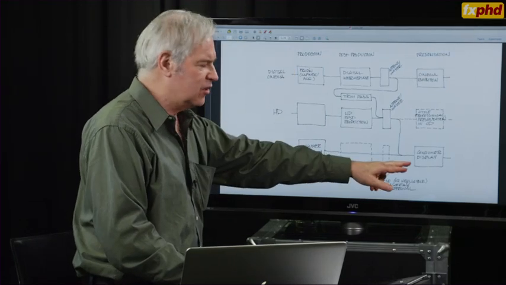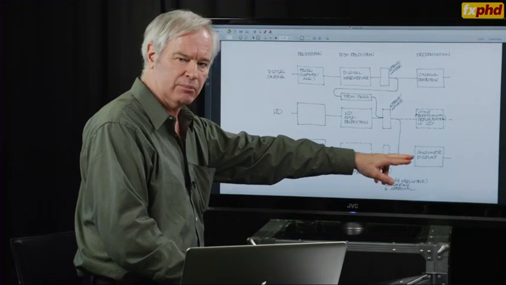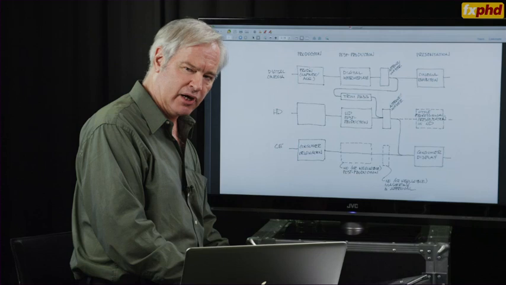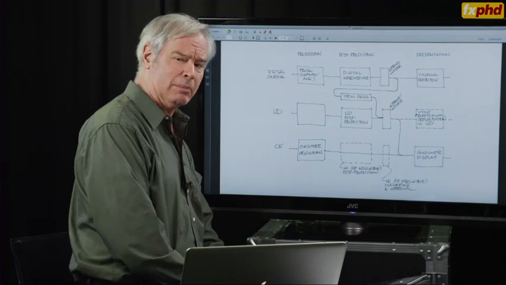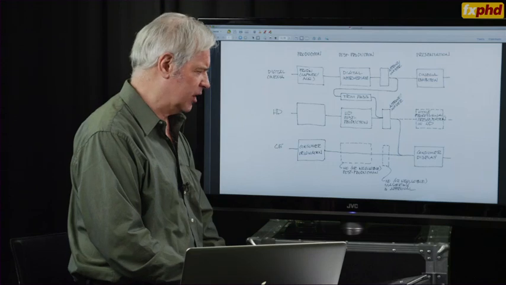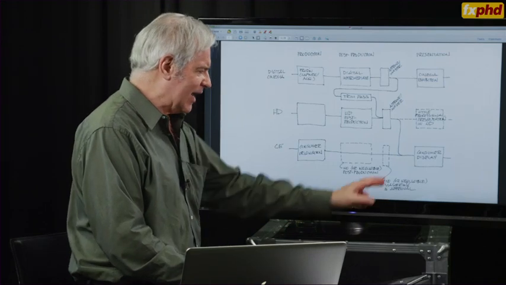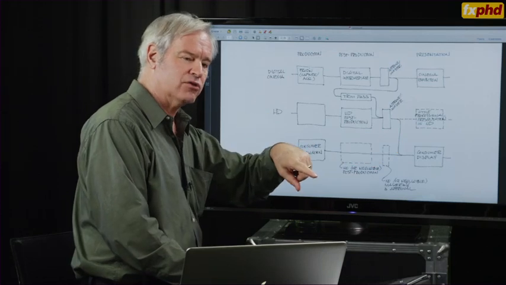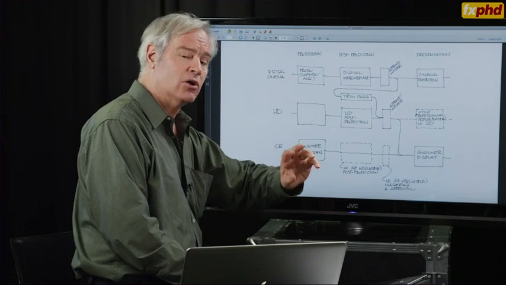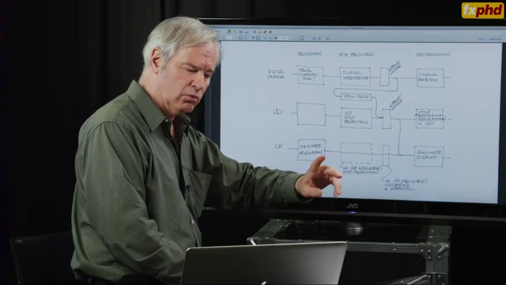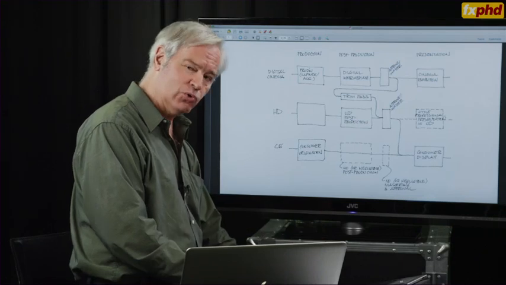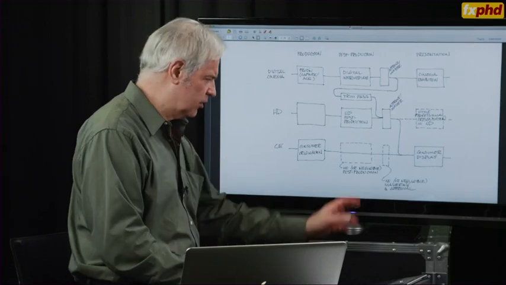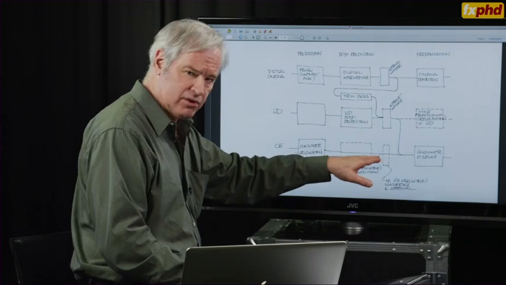But in CE space, and also even in desktop computer space, we typically use displays that are much brighter than 100 candelas per meter squared, typically 300, 320. And in that case, it's more satisfactory to use a power function on the way out, or if you like, gamma on the way out, of about 2.2. And that number is called for in the sRGB standard that we're all used to at that computing level.